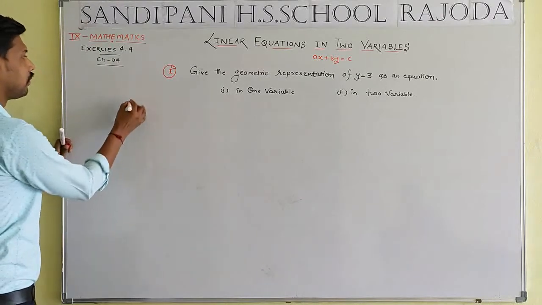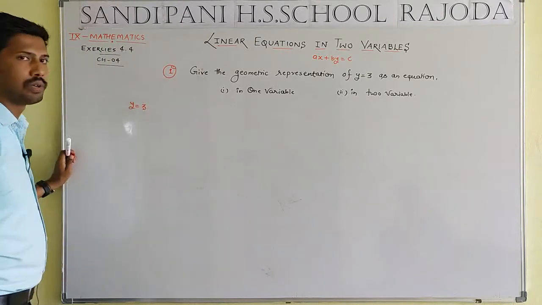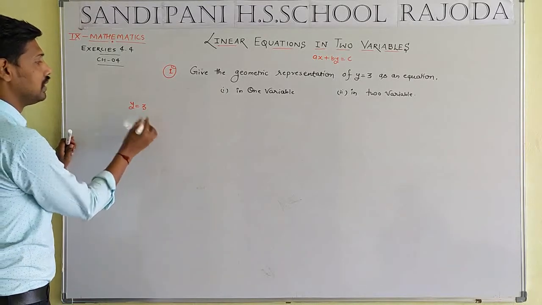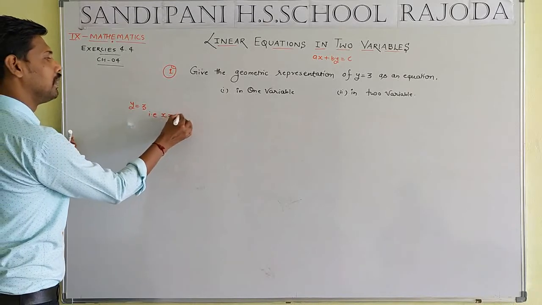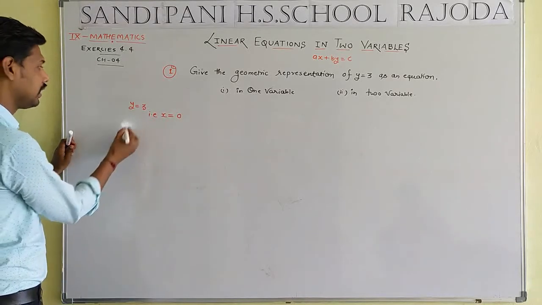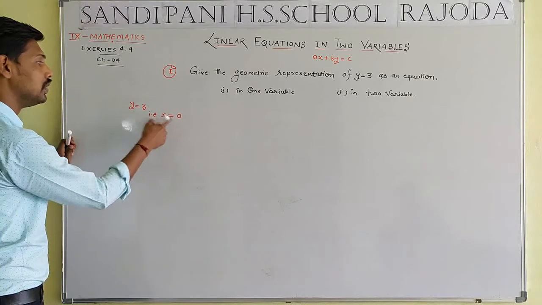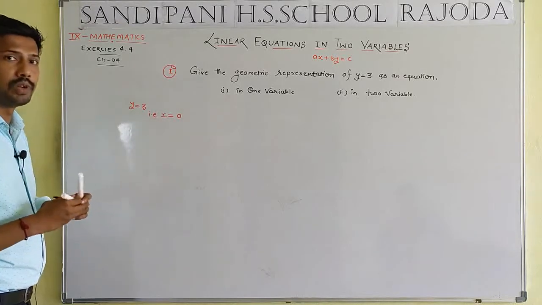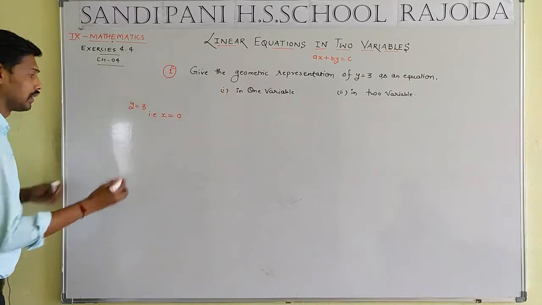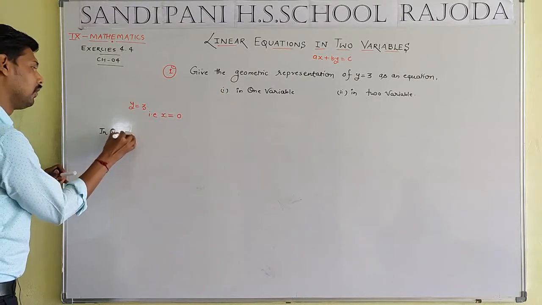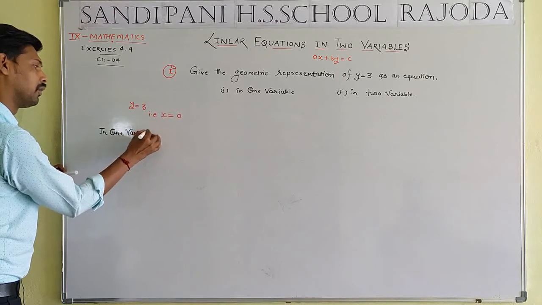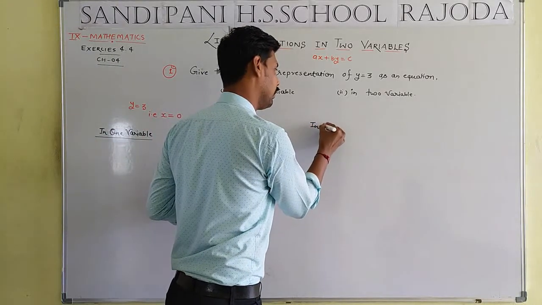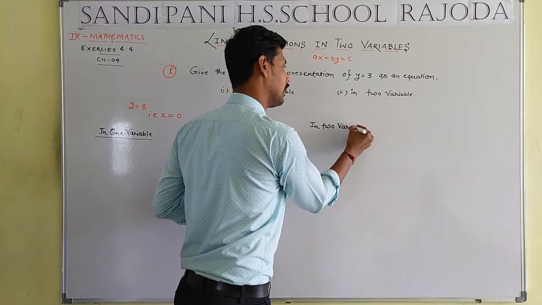Students, now we are taking y equal to 3. What is the meaning of y equal to 3? Again I told you x will be equal to 0, y equal to 3, such that the coordinate will be (0, 3). Here the value of y will be equal to 3 and the value of x will be equal to 0. Now we are taking the heading in one variable. What is the meaning of one variable? That means a line representation. But in the case of two variable, that means a graphical